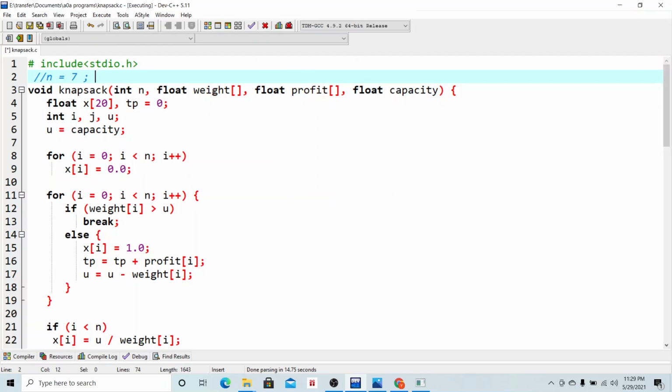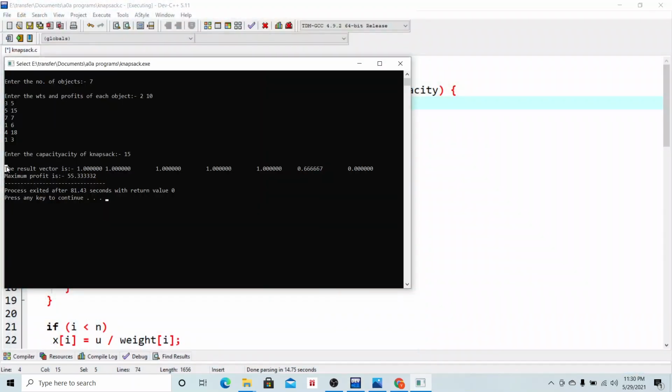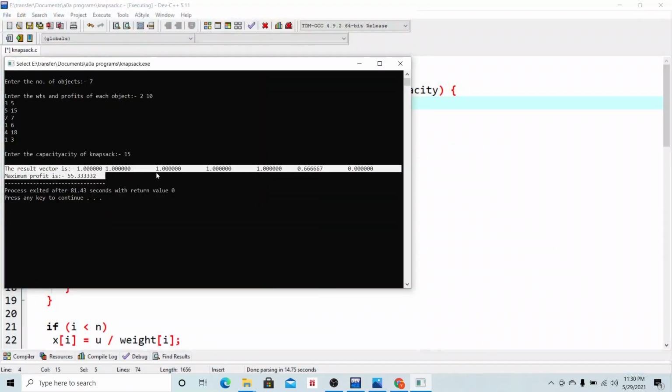Then here float weight, that is an array, right? And float profit, it is also an array, and float capacity. So in this case capacity is equal to 15, that is the capacity of the knapsack. So we'll be initializing this x vector, x array of floating point, for storing the resultant vector like this, 1 1 1.